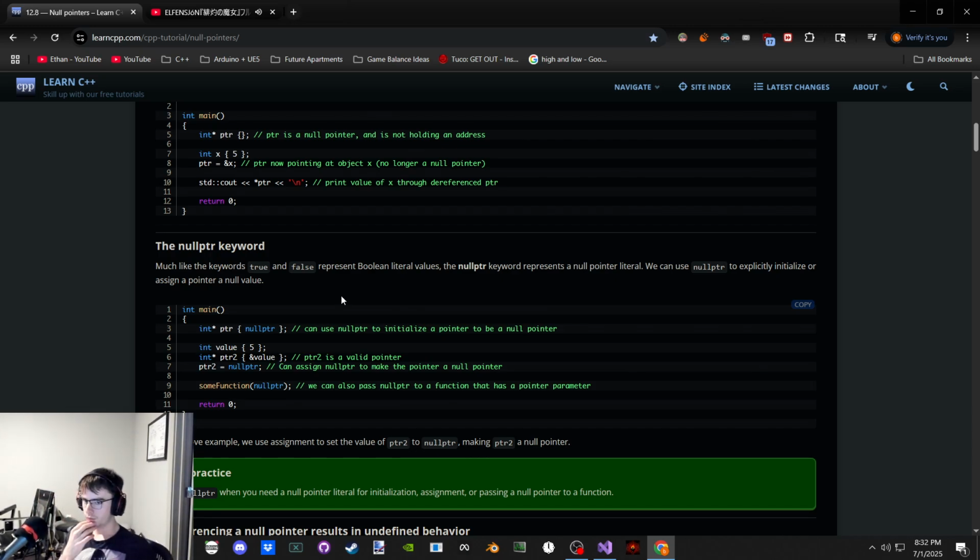And I can call a function and pass it a null pointer as a pointer to initialize another. So I could use a pointer to initialize a pointer.